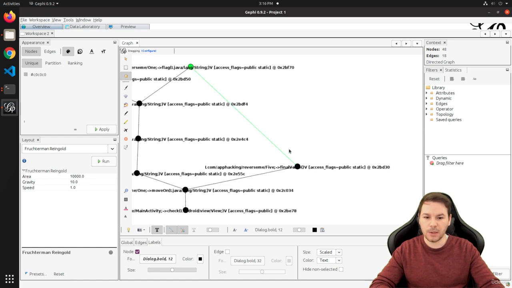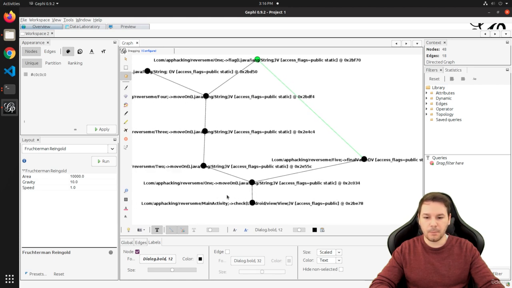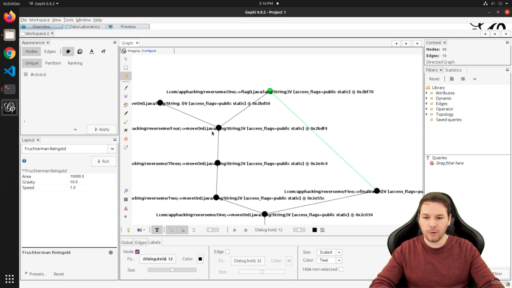This one is going from here to there, but it's not going backwards. You can also see this if you hover over this. We only have this line at the bottom. At this point, we already know, okay, we have to make this check so that we definitely go into 2 move on. From there on, we've only got one direction into 3 move on, 4 move on, and here we have